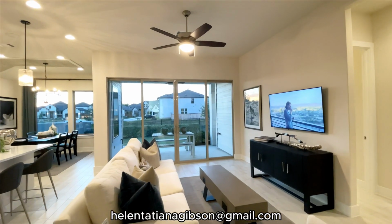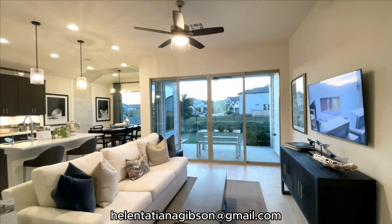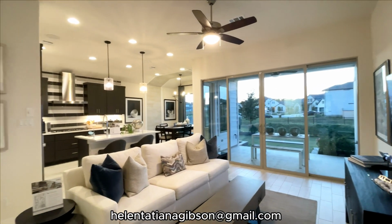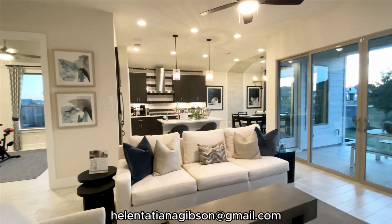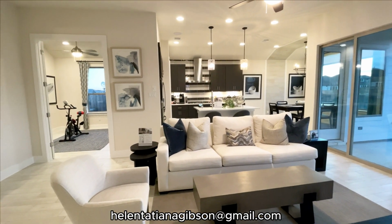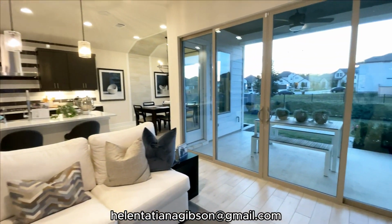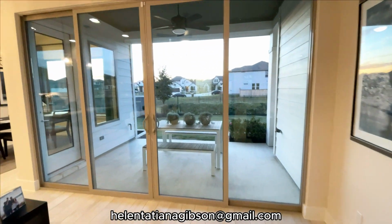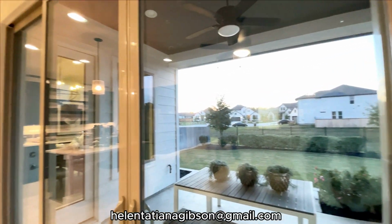And now as we continue here, we're going to see the living room. I love the sliding doors because it brings more light inside the house and it makes it feel even bigger and cozy. And this couch, as you can see, has spots for three people, but in my opinion it could be a little bit longer. And since there is some space in here,